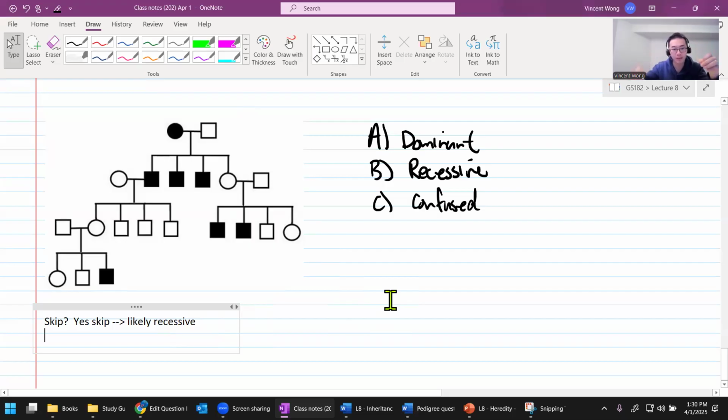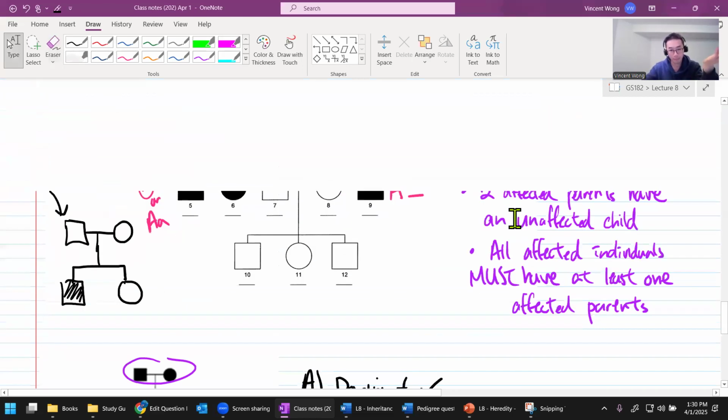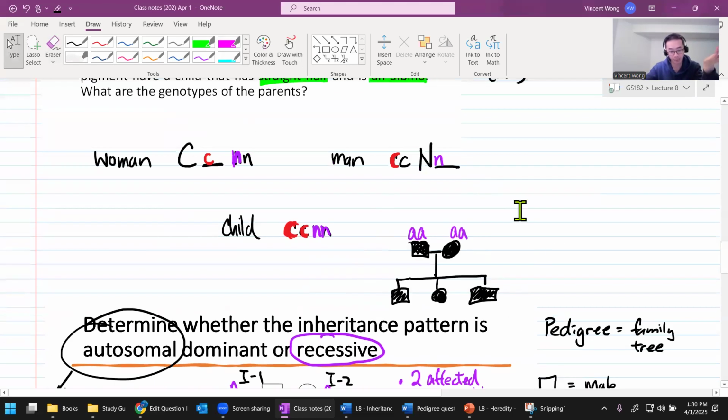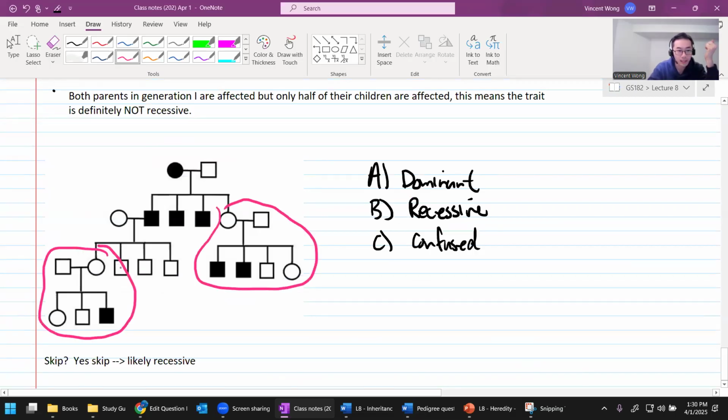Okay. So do I see both parents who are affected? Well, unfortunately, I don't have anything here. This is one parent has it, the other doesn't. Both parents don't have it here. One has it, one doesn't have it. So I don't have a situation that would show me this kind of pattern. But we can see over here, this is something that's interesting right here. And then also right here, these two things are interesting because